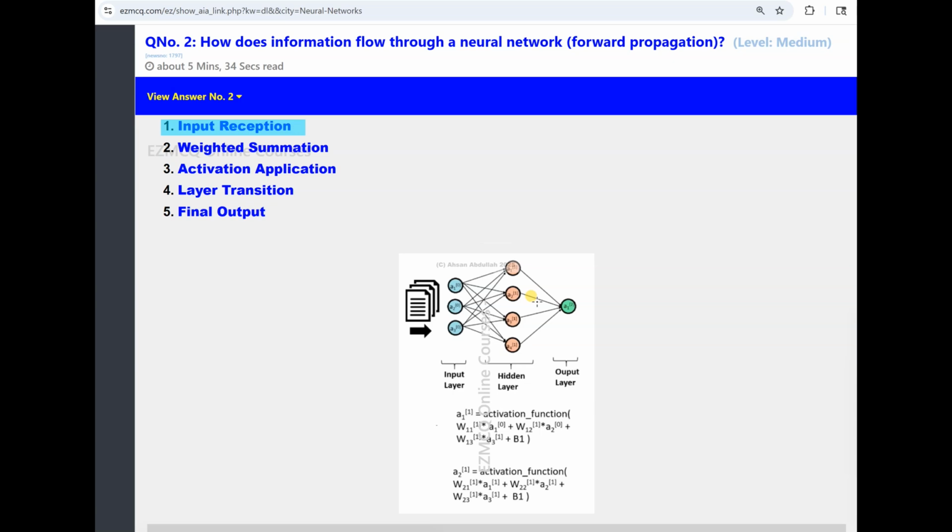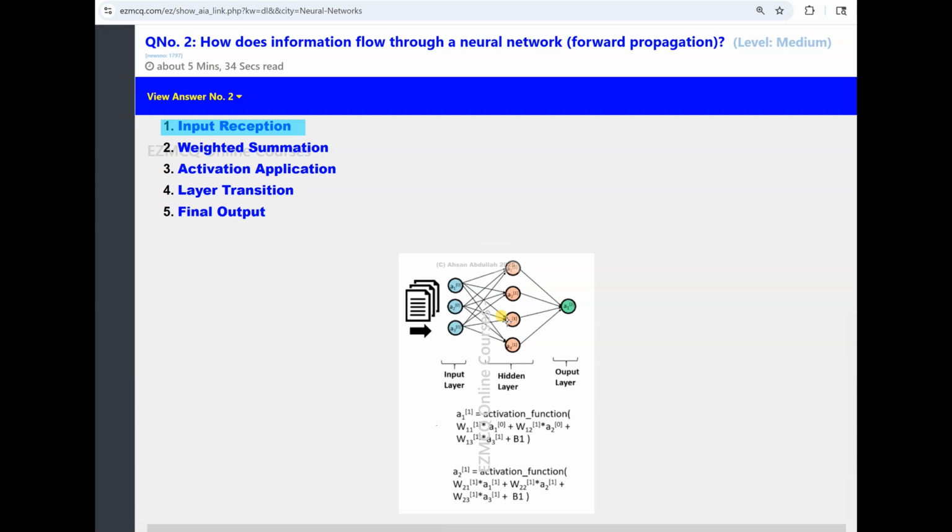Then is the weighted summation, which we have seen before. This expression is a weighted summation. In each neuron, the received inputs are multiplied by their corresponding weights, and they're summed together with a bias term added. This is the bias term. Where does this bias term come from? That comes from the errors, from the gradient descent. This weighted summation determines the signal strength which goes to the next layer, and of course that influences the input to this next layer.